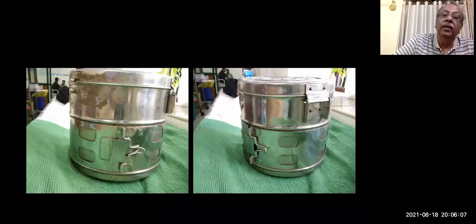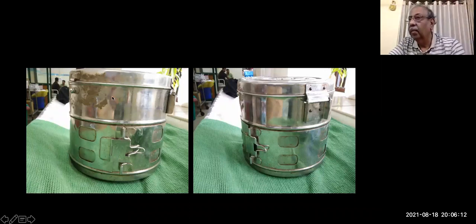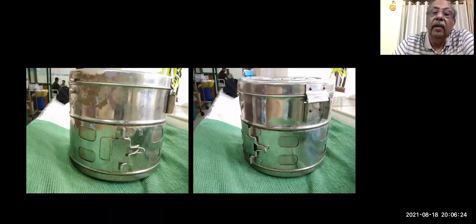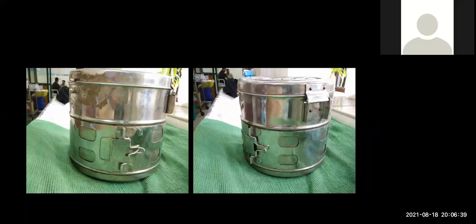Okay. Then they will show one of these bins which are commonly present in the ward, and then they may ask you how it is being autoclaved. You will say that steam is used for autoclaving these bins. Then they will ask you where the holes are. So you should tell that there is a lock here. You have to unlock it, and then the holes will appear. And then you autoclave it. And once you take it out of the autoclave, you close it. And in the ward, you will not reopen this lock.